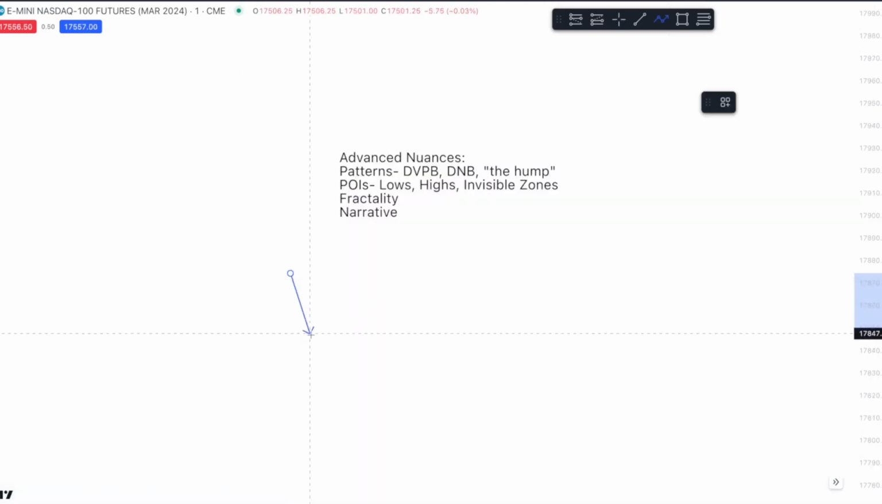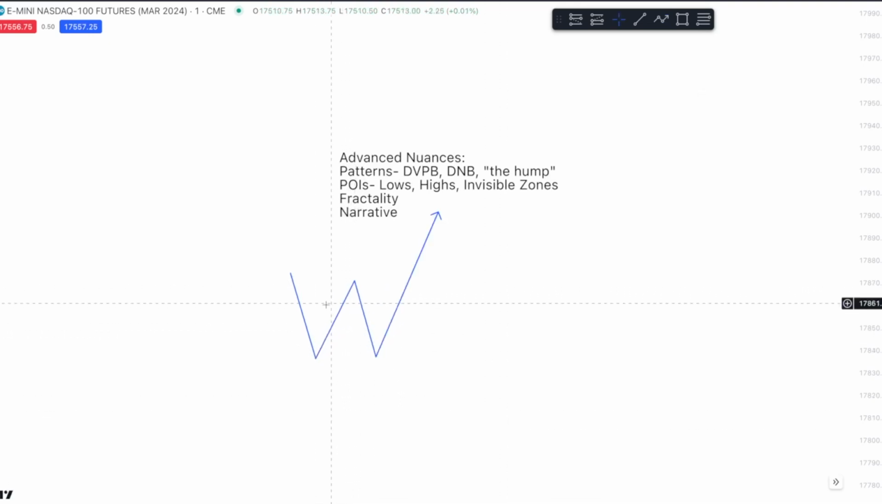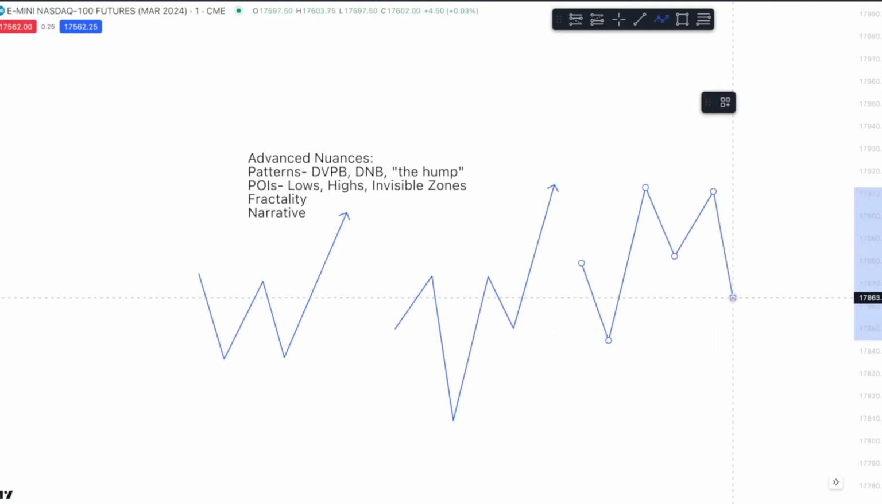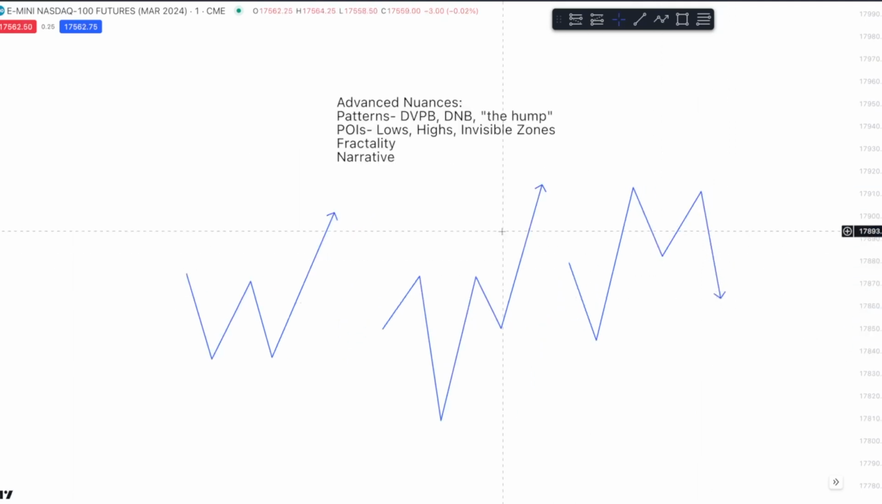First, let's make some basic diagrams of the patterns that we know. We have our standard double valid pullback, we have our DNB, and we have the hump. I'm sure I've touched on these a little bit in the previous videos, but we're going to go over the context of where you want to see these, where it fits into the narrative, what it means when you're seeing